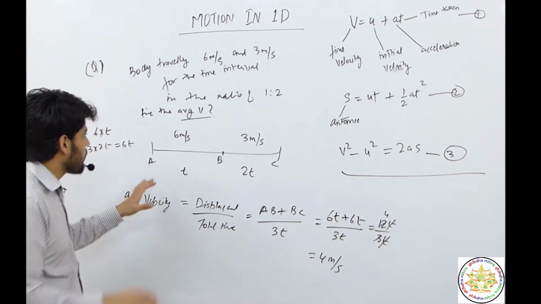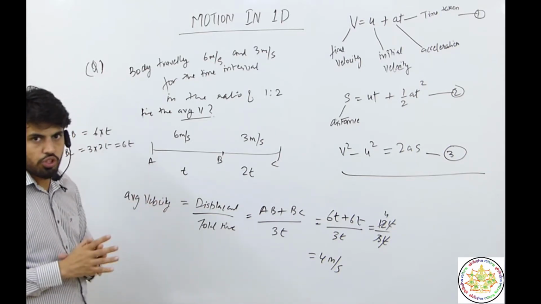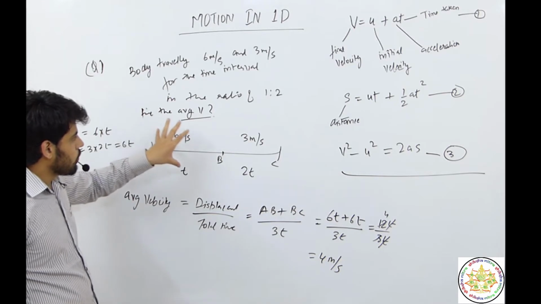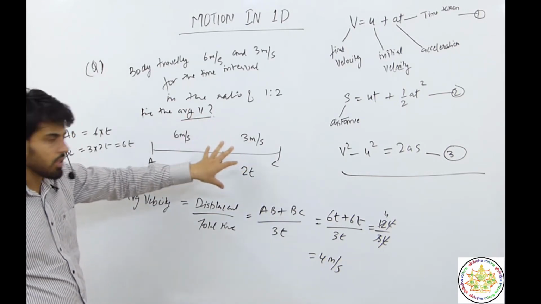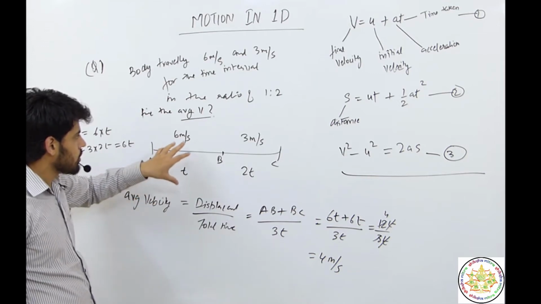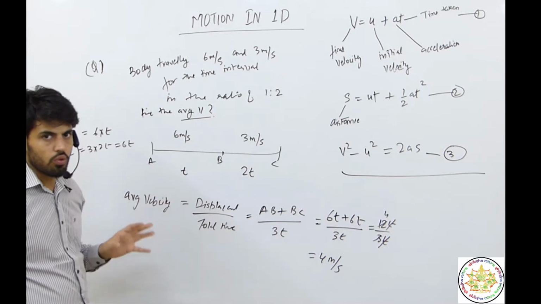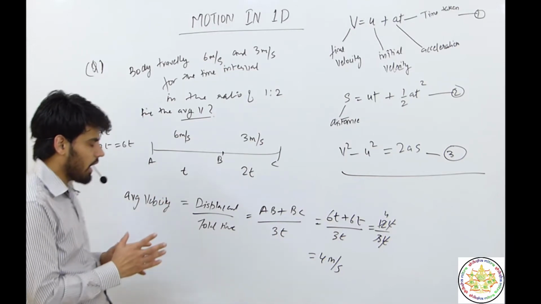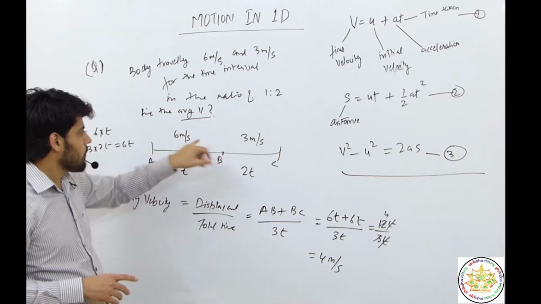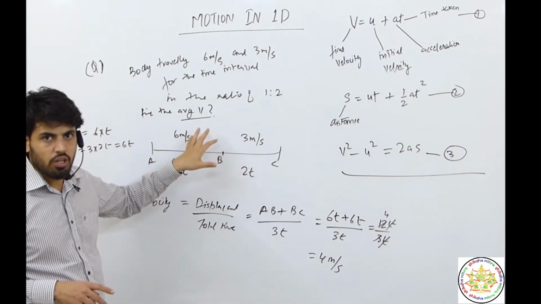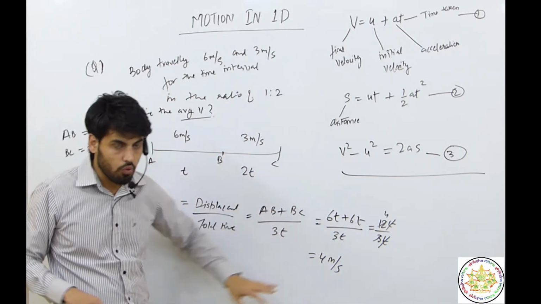So in these types of questions, when a particular linear motion has different speeds, and the examiner asks for the average speed, don't just do (6 plus 3) divided by 2. We don't have to do this. I'll try to explain why. If you just use the velocities, 6 plus 3 is 9, divided by 2, the answer comes out to be 4.5, which is not equal to 4.